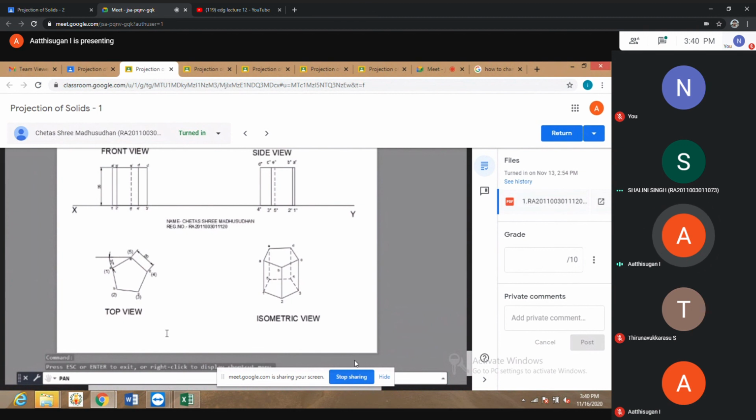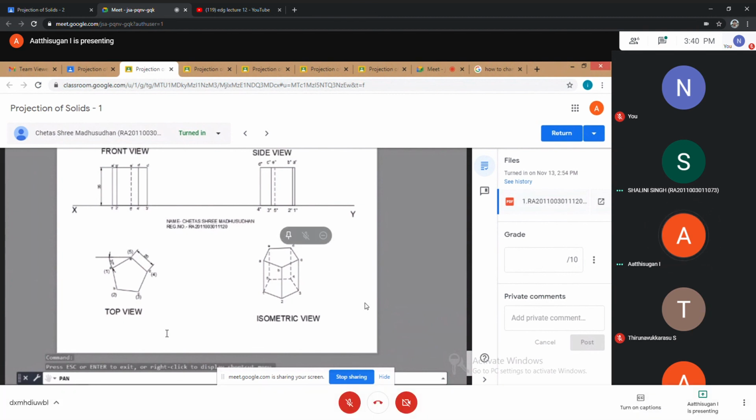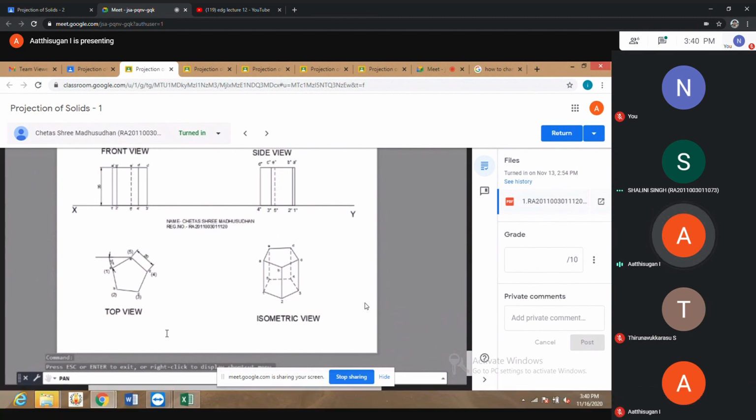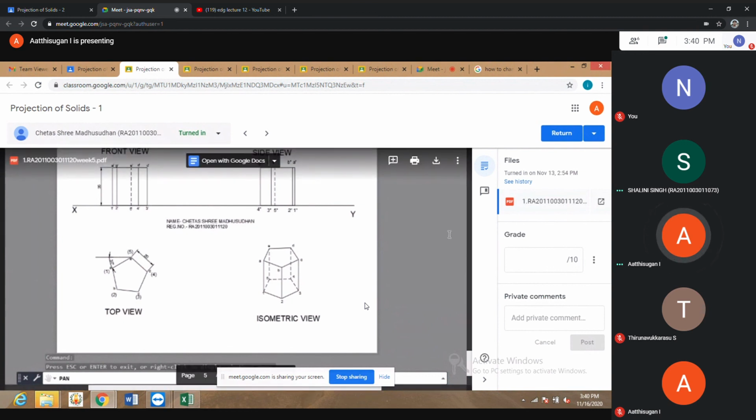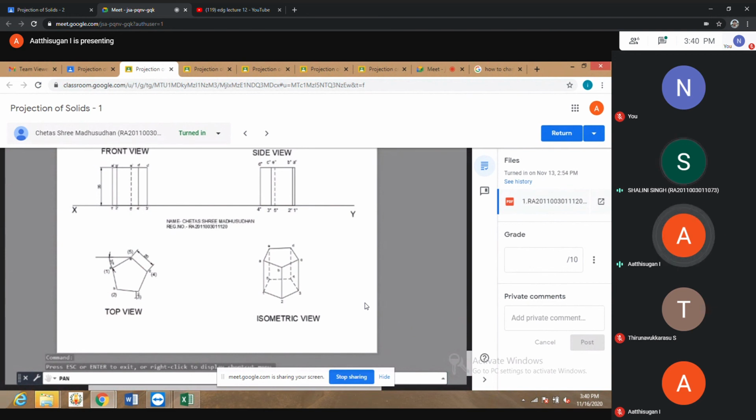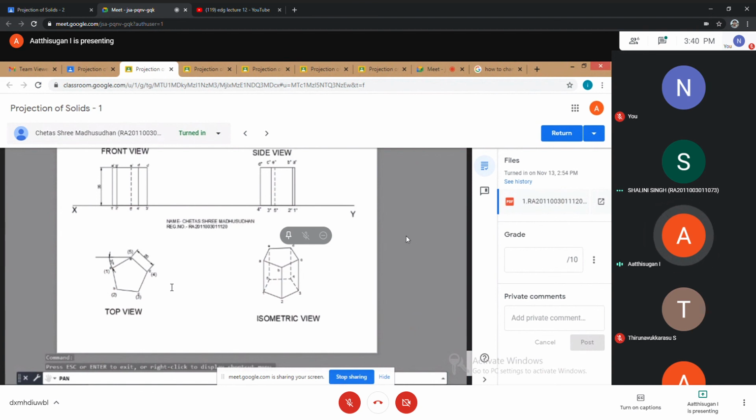You have to mark the dimensions correctly. The 30 degrees must be inclined to your reference plane. The reference plane is this direction, this reference line. That is your wall. According to that XY line, it must be 30 degrees. Top view also, no problem. Your answer, from this angle, is 30 degrees. Correct. Here we are drawing a 30 degree line, and rotation is also okay. What you have to ensure is that it should be correct. If it is correct, then no problem. The answer is correct. But how will you ensure it?